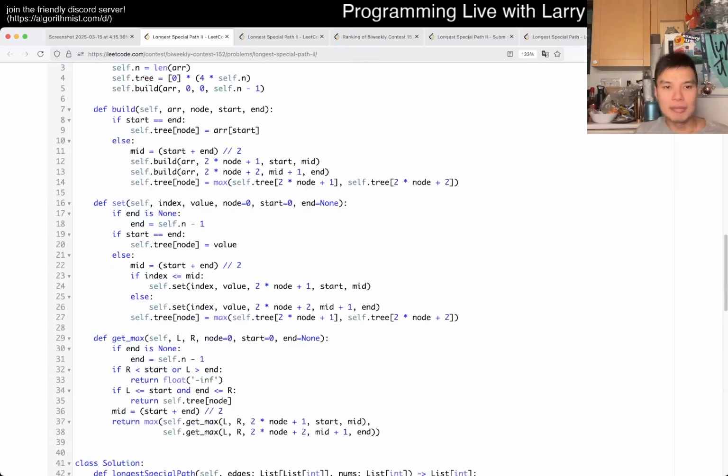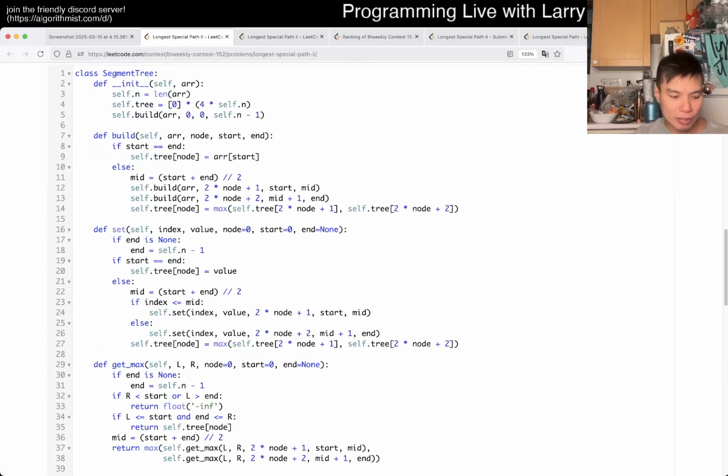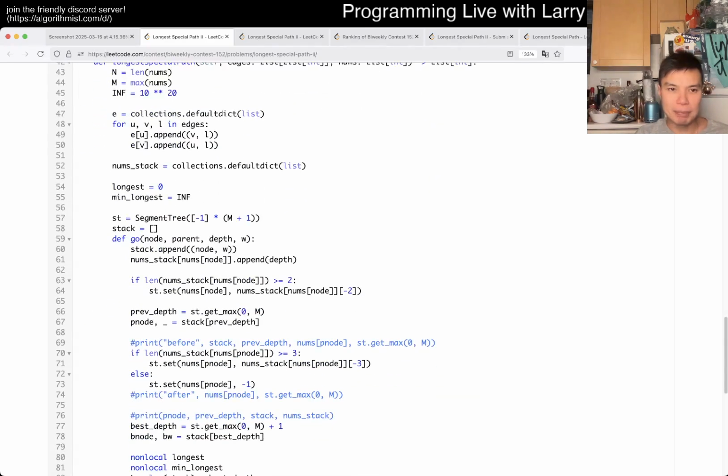So I'm not going to go over segment tree for this video. This is a template that I had. I probably wrote most of this, making changes to whatever. Is it a good template? I don't know. It's good enough, I suppose. But we'll focus on this part here,